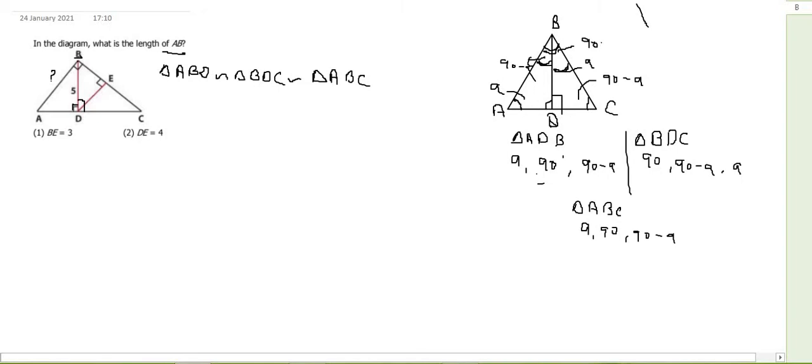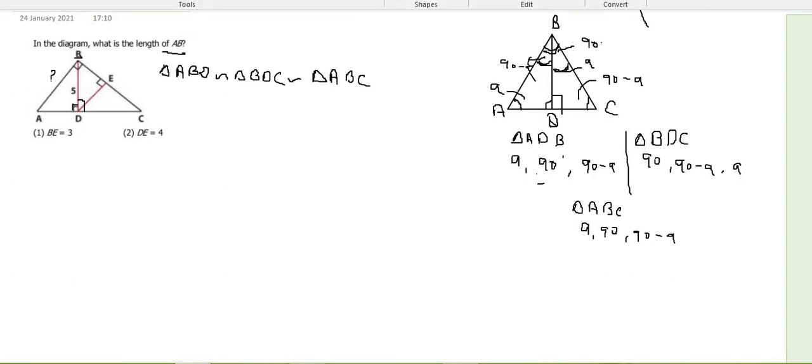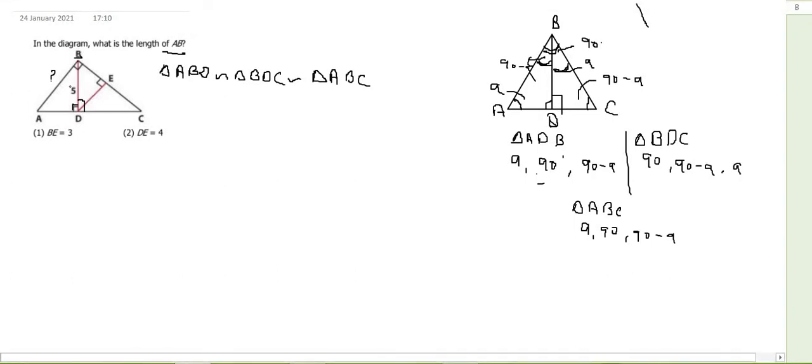Okay, so now that we understood this concept, let me give these angles some values. If you look at triangle ABC, you know this angle B is already 90 degrees, and let me call this angle A. So if this is A and let's say this is B, this will make our job a lot easier.